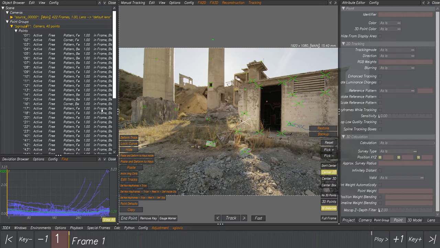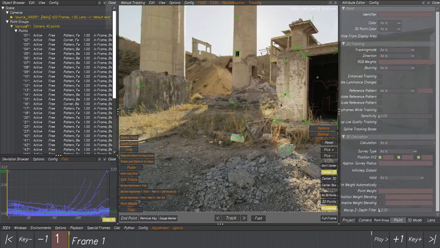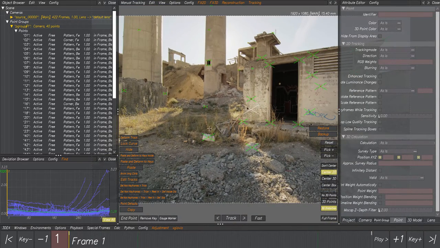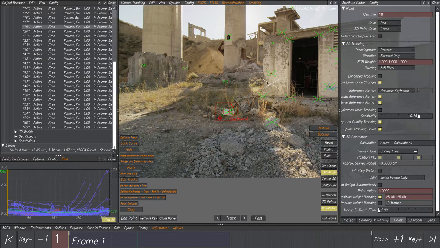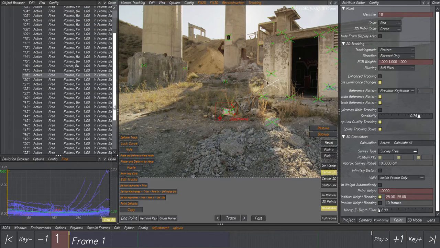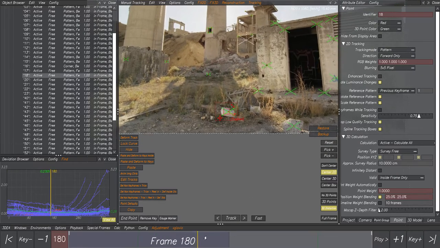Today I'll show you some other scripts I created for 3dqualizer. A useful script is for deleting the 2D curves. For example, if you have this point, the point 18,